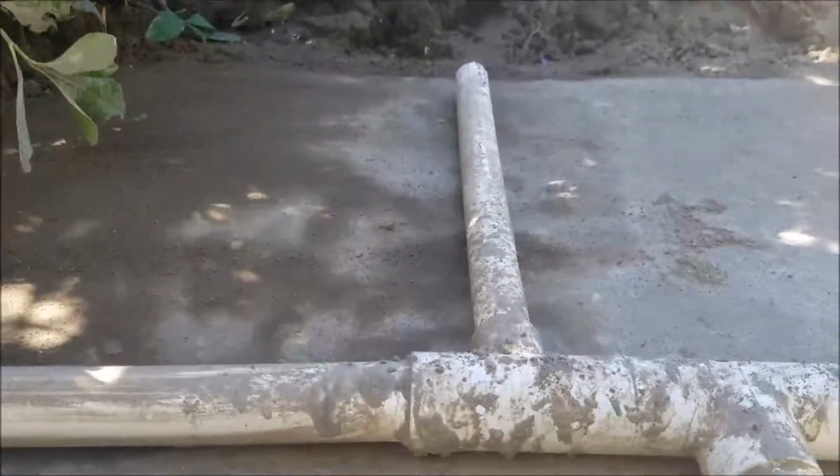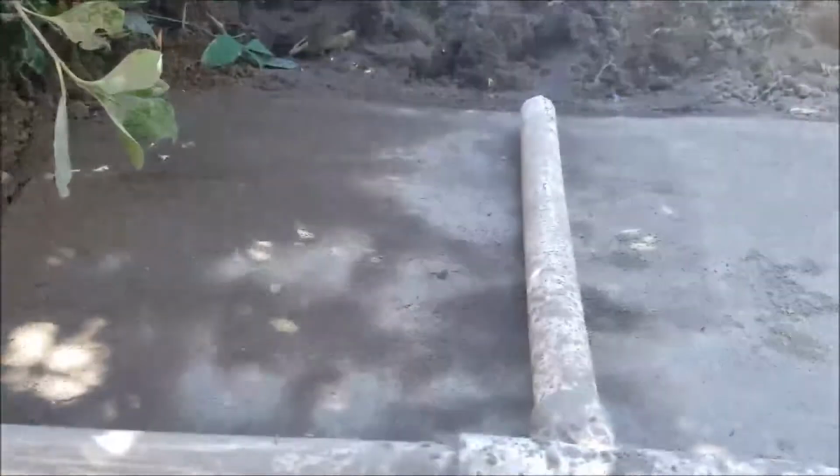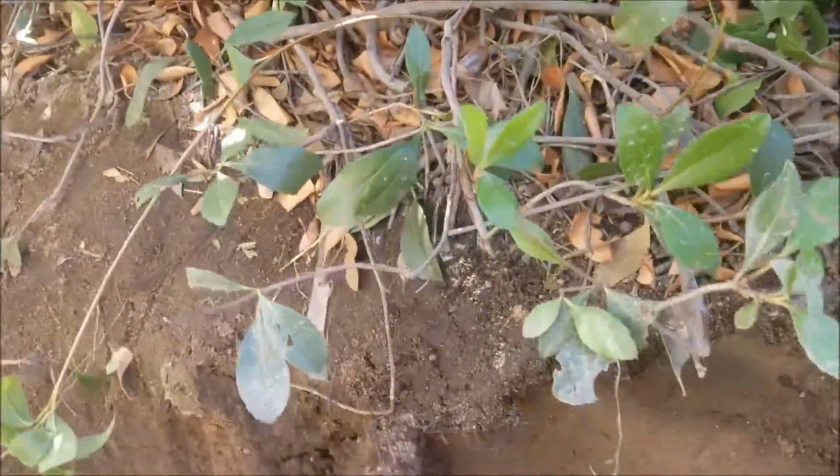Anyways, we're going to leave this here for you so you can see it. This other 1 inch line, I don't know where it serves, maybe the front yard, maybe the backyard, but it's separate. So you had two stations over here. The sprinkler guy you were using should know what to do. If you were to take this guy right here, you could actually see, you put this thing back in place,